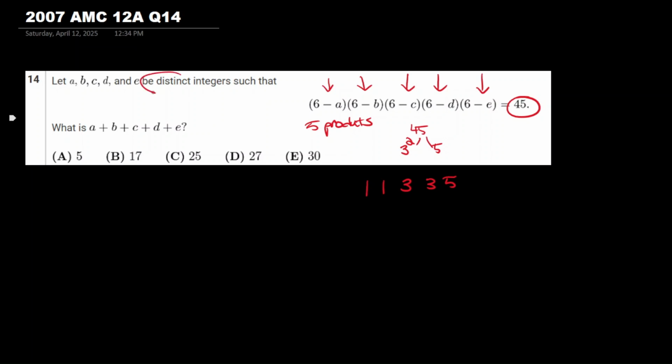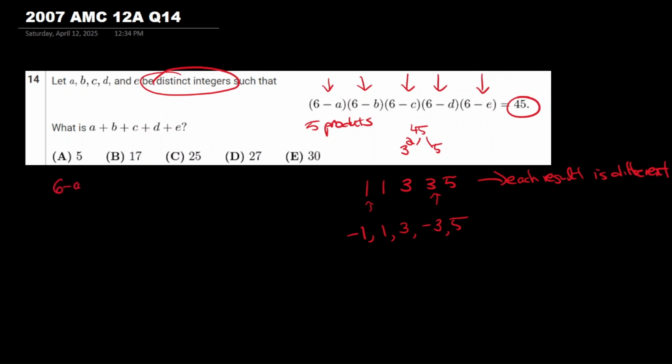But now these are distinct integers, which means that each result is different. So we can make one of these negative and one of these negative. So we can have -1, 1, 3, -3, and then 5. And that way the negatives cancel out and we'll have different expressions at the same time. So now we have different expressions here.